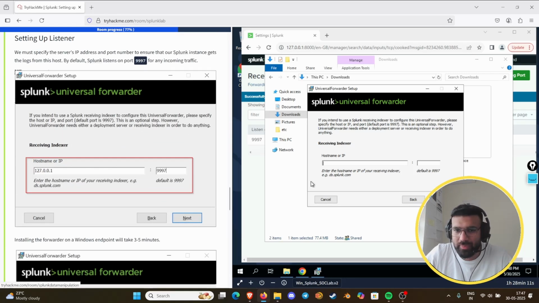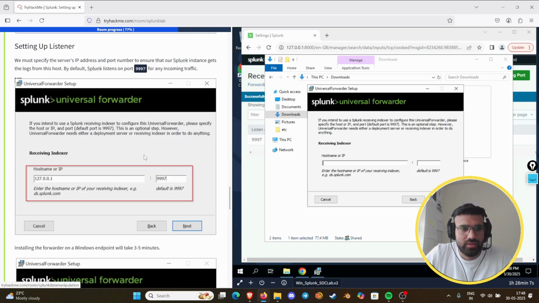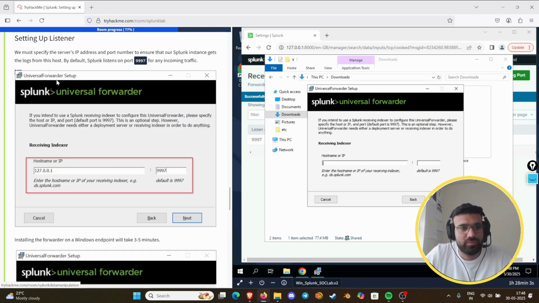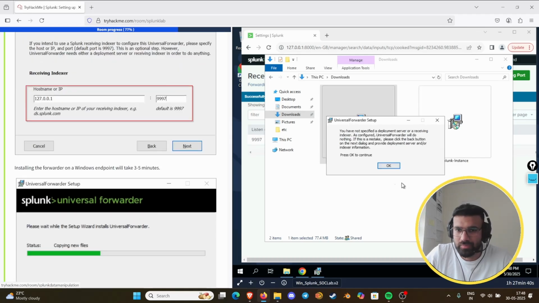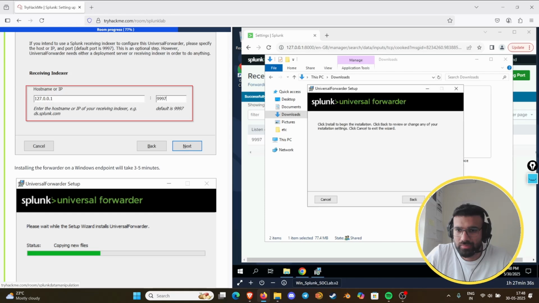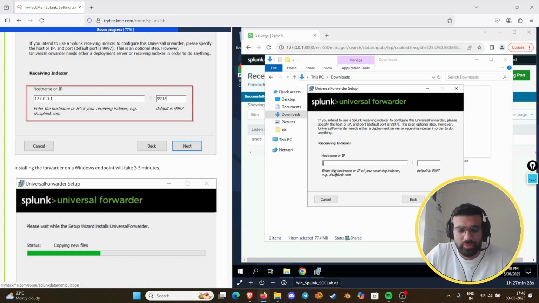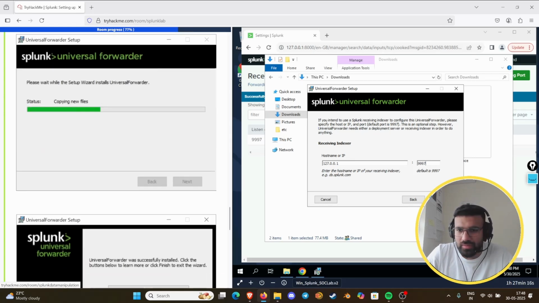Okay, and next is setting up the listener. We must specify the server IP address and port number to ensure that our Splunk instance gets the logs from this host. By default, Splunk listens on port 9997 for any incoming traffic. So I'm going to provide the IP address here and the default port. Click next,